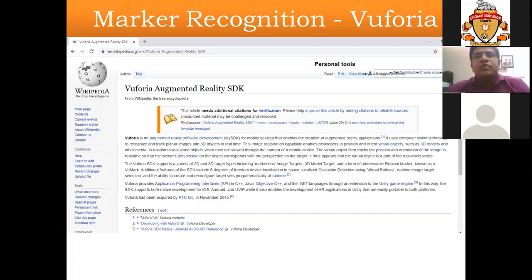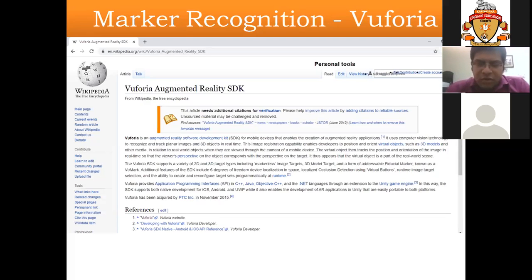Whenever we are discussing detecting the target image, that means the computer or the processor should be able to detect the target image. Now, how will the computer detect? The computer needs to be already trained with that image. So some intelligence is coming in here. This part basically consists of image processing and computer vision.